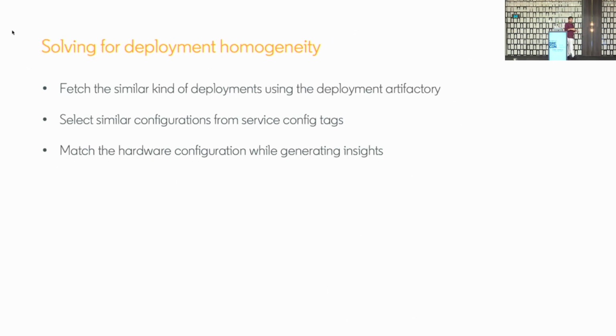First, using our service discovery, we fetch the details about the similar type of deployments. So we have multiple services which host the metadata about the deployment, which host they are, what configuration there is. We fetch those deployments, and for every single service and pair like that, we pick those specific deployments only and generate insights and metrics for that. And this helps us figure out the configuration changes, the hardware changes also in play at times.